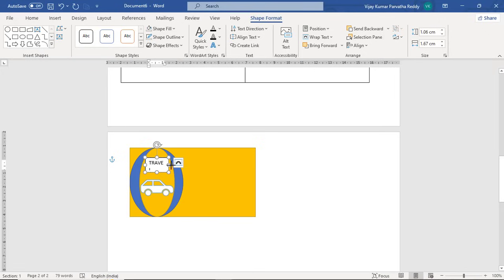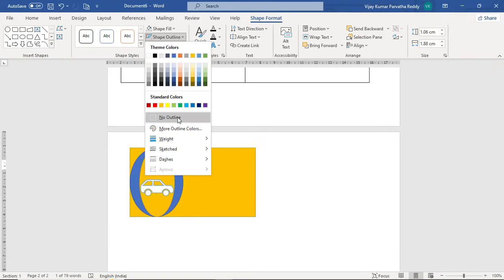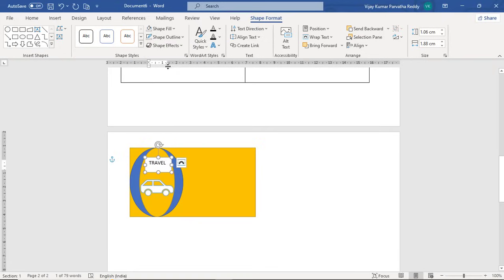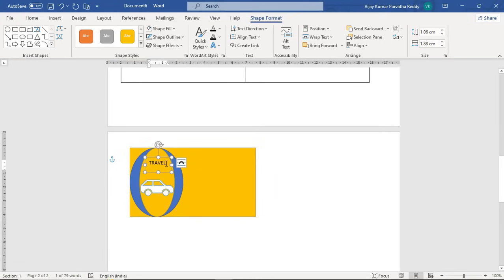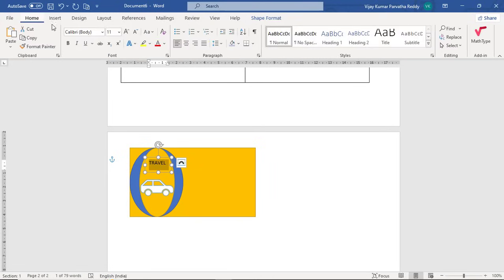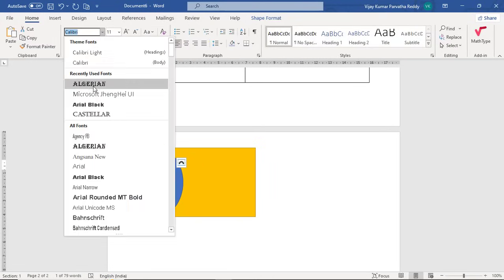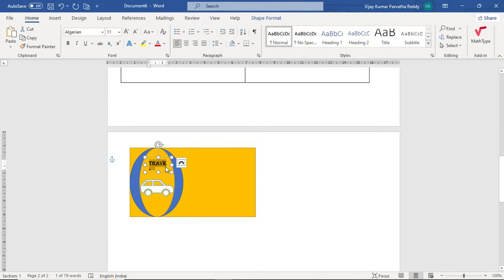You can adjust it and you can remove its border by removing the outline, and click outside. See, the fill also you can remove, shape fill, no fill, and you can make the font size some other font size. You can change it, you can adjust it,